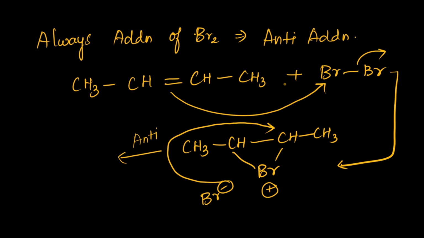If the bottom is occupied, it will attack on the opposite side, right? So it forms Br H and Br H CH3. So if that is a cis product, if that is a cis butene,